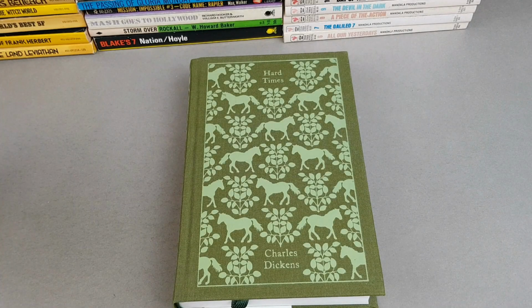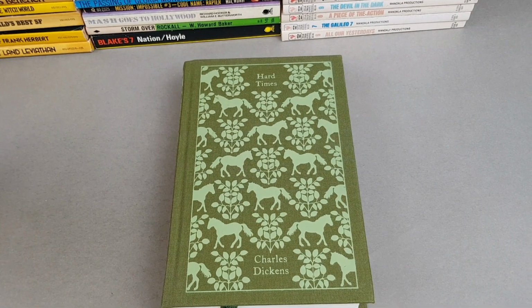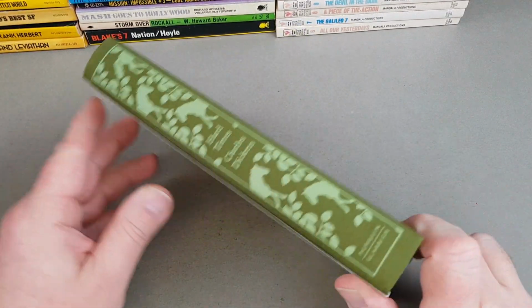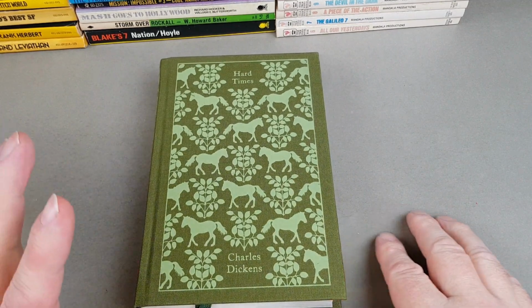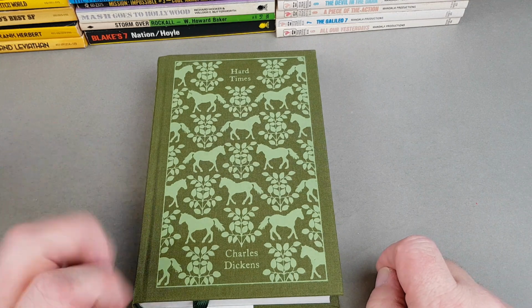So the last series we're looking at today is a modern series, so you can just go into your local bookshop or hop onto Amazon and you can find these on the shelf to buy right now. You may not be able to get them all, but with a bit of searching, I'm sure you'll be able to track them down. Now, these are published by Penguin, and it's part of their Clothbound Classics. So it's Penguin Classics and then Penguin Clothbound Classics. And if you've watched this channel before, I'm a huge fan of these. I love the way that they're all designed individually by Coralie Bickford-Smith, and I think they're just